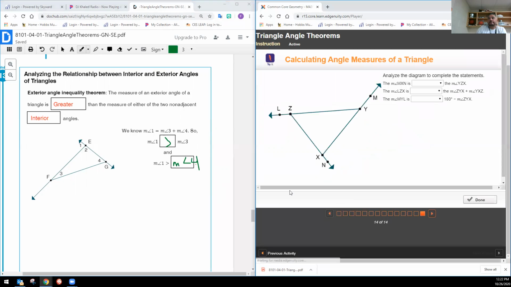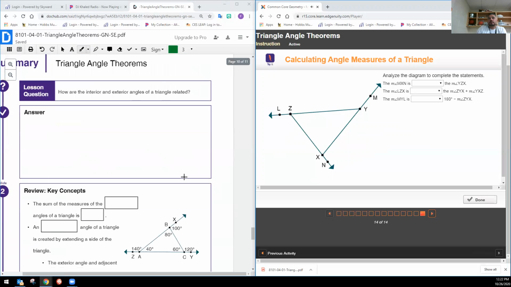Okay. Use the drop-down menus to complete the statements. Analyze the diagram to complete the statements. The measurement of angle MXN is blank. The measurement of angle YZX. That's going to be greater than. Okay, just by looking, this angle is a lot wider than this angle right here. The measurement of angle LZX, so this angle is